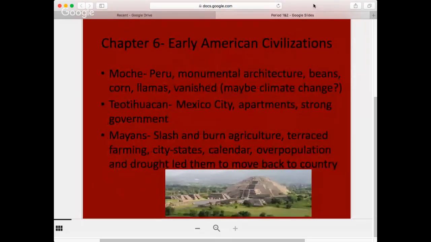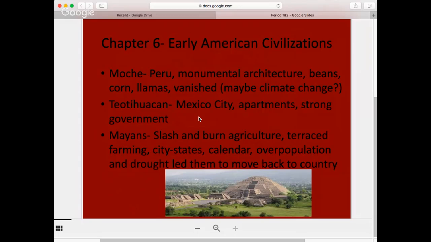Okay, and then finally, your last one for period 2 was the American civilizations. So we talked about the Moqui, which were in South America near Peru. They had monumental architecture, they had beans, corn, llamas, and then they vanished and we don't know why, maybe climate change. And then we talked about Teotihuacan in Mexico City, that great city that, as you know, in period 3,